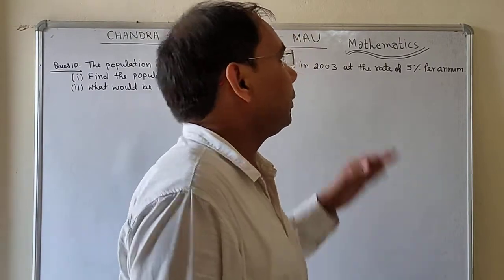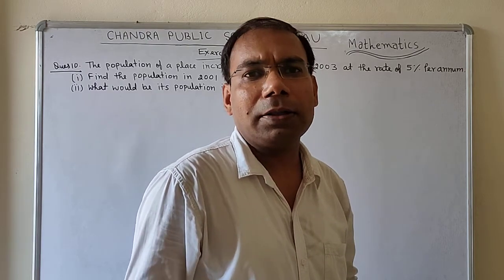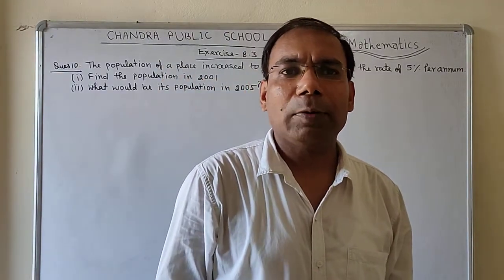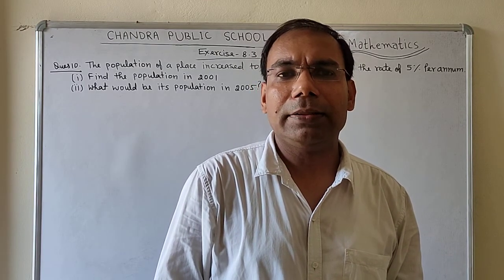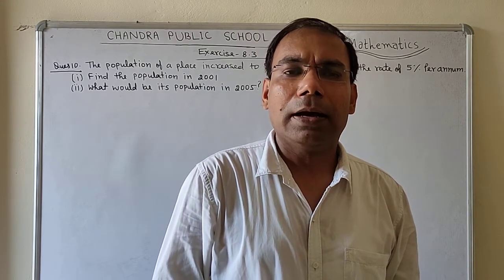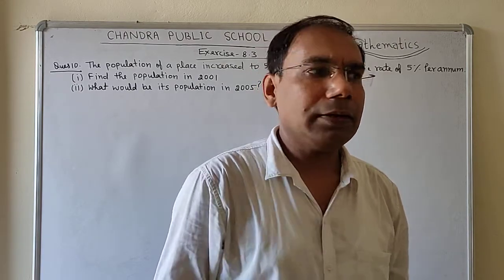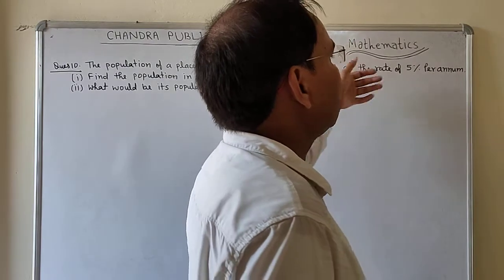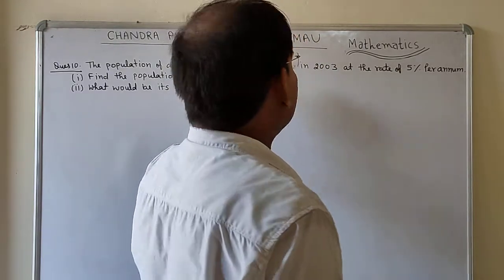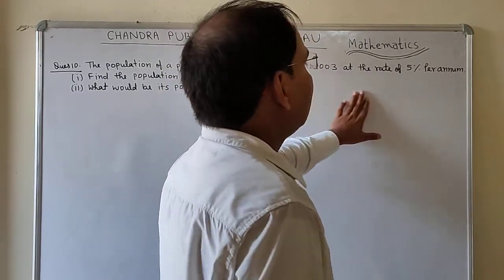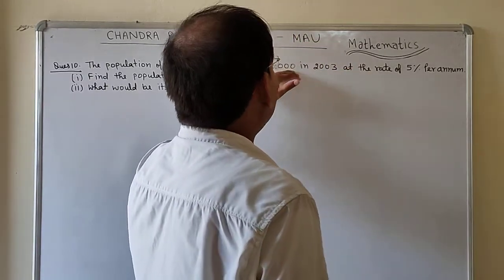So students, in this question you will find that in all the questions you solved before question number 10, up to the 9th, you were given some amount of money, some rate percent, and time, and you had to find the compound interest or the amount after a certain time. But here you are not given any kind of money. So this question is based only on the formula which you applied in the previous questions. It means you need to apply the compound interest formula. So that is the application of the compound interest formula. Here you are going to apply the same formula to the population also.